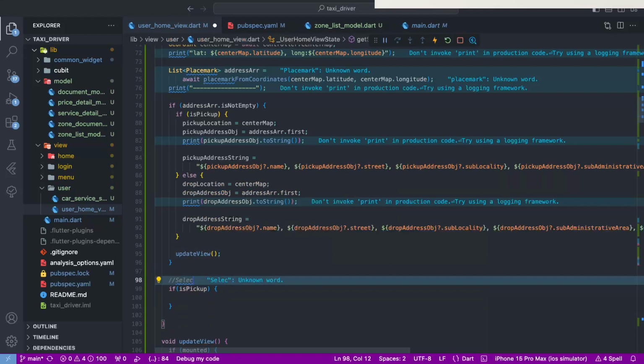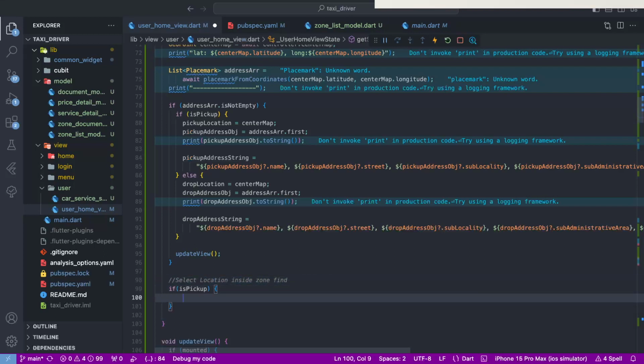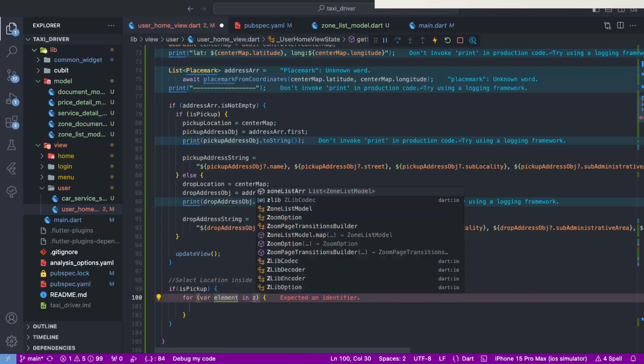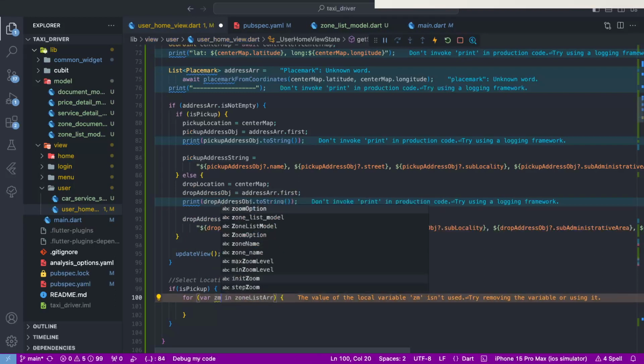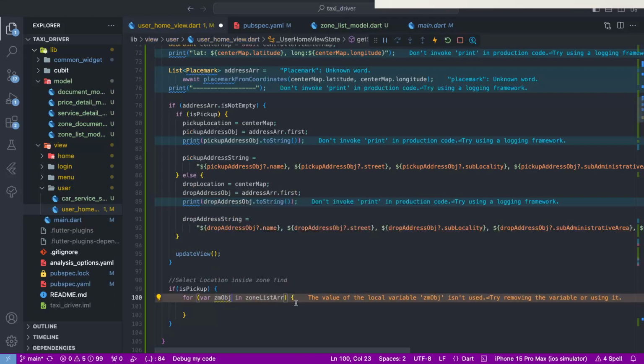Select locations inside zone, and like this we need to write down the conditions. First of all, we write the for-in method, call it and give it the zone list array, and define a zone model object like this. And then after, we need to check here if